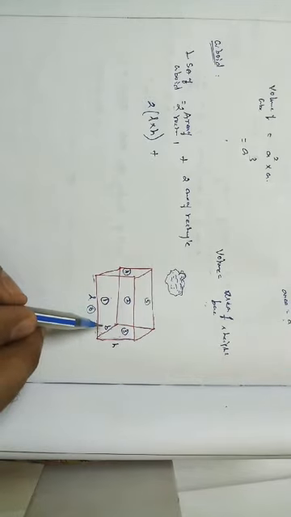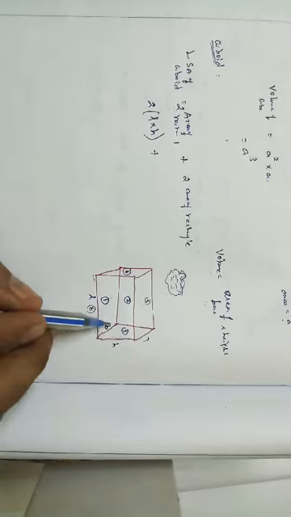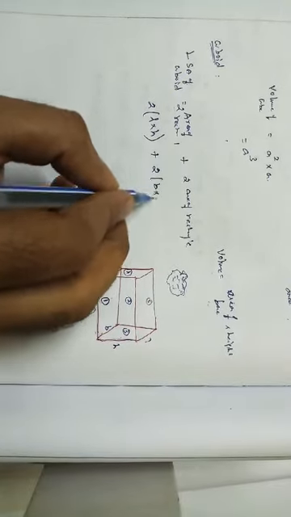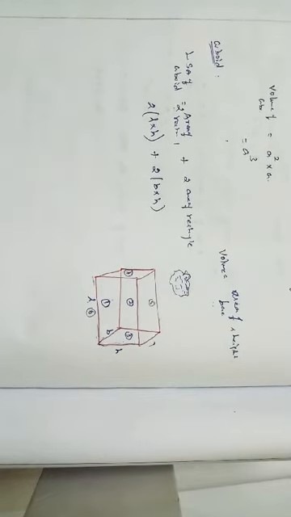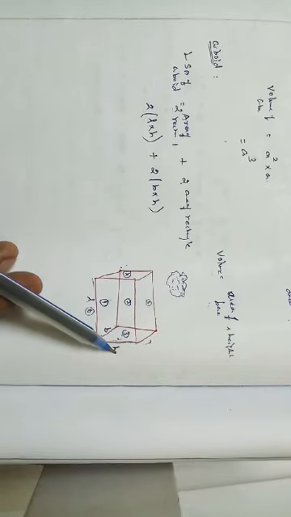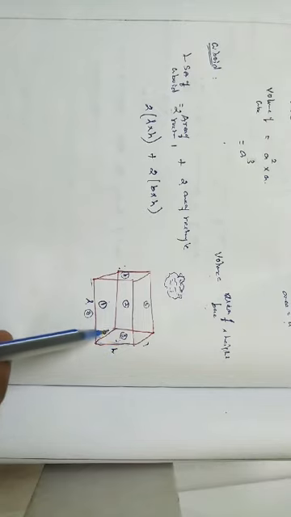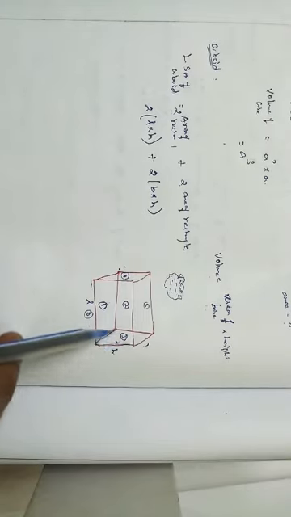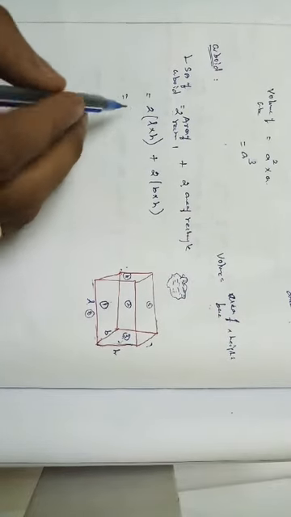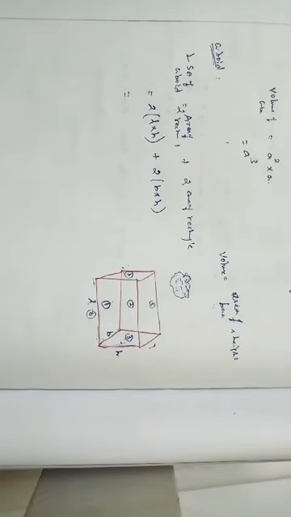Plus next I want to find this one. The side rectangle has one side height and another side breadth. So 2 times breadth into height. The third and fourth rectangles are the same rectangle, so the base is B and the height is H. Understood? So what are the common things we have? 2h is common, right? 2h is common.